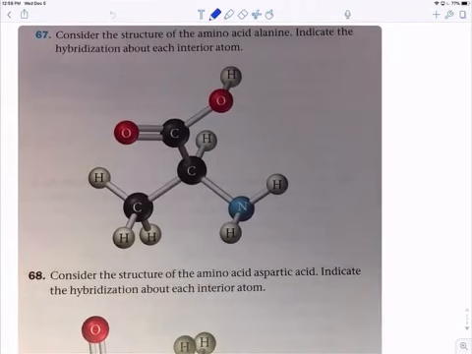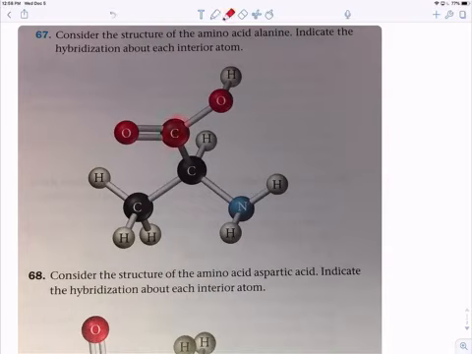So this one, hybridization. I'm specifically just looking at the carbons. I know it says each interior atom, I can do that if you want, but it's this. Okay, so this one here, this carbon, has 3 bonding groups. So let me start off with